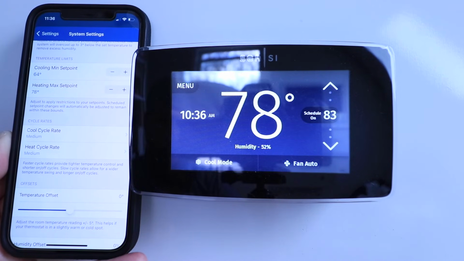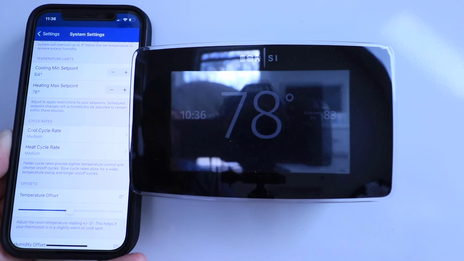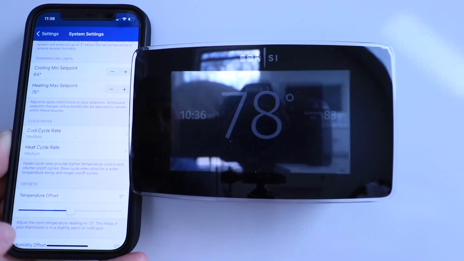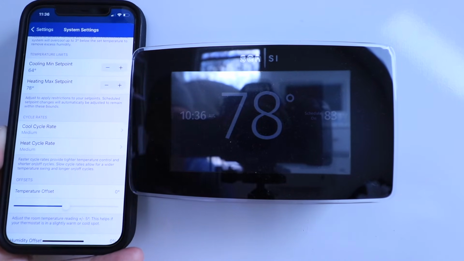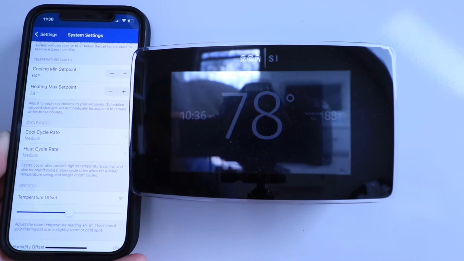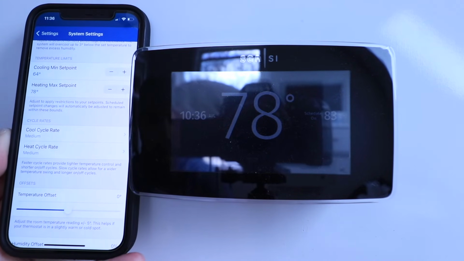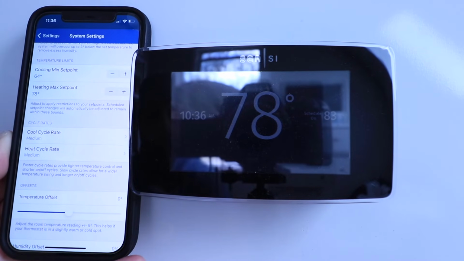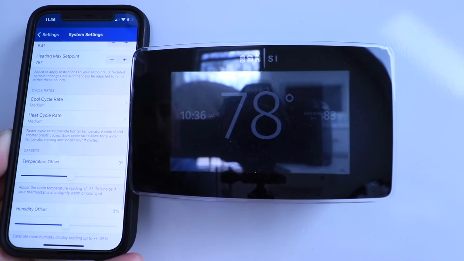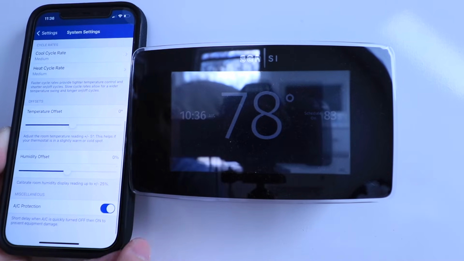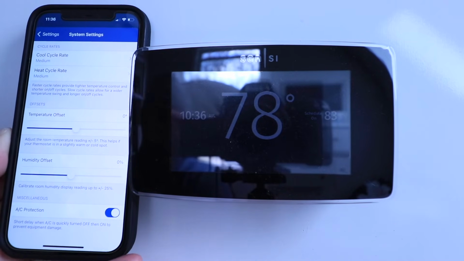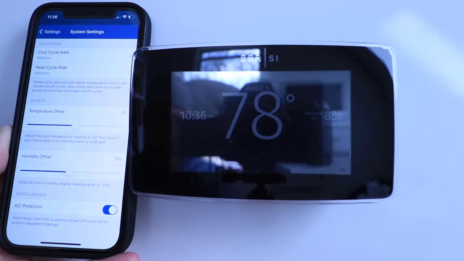Next, we've got our temperature offset down below. If we want to adjust the room temperature reading of the thermostat, we can do so right here. Maybe your thermostat's in a location where it gets a little bit too hot or too cold because it's above a vent. Well, you can create this temperature offset so that it's more accurately reading what the temperature is in your overall house. You've got a humidity offset, and then down below, we've got our AC protection, and it's a